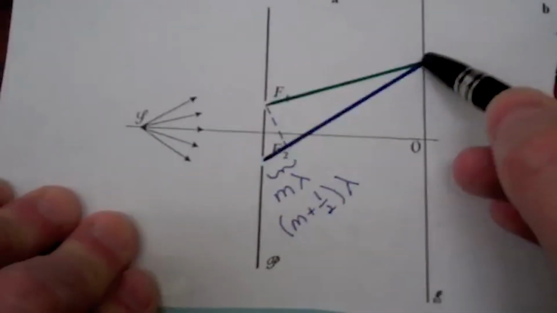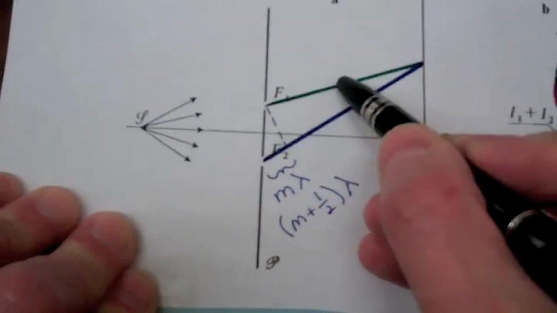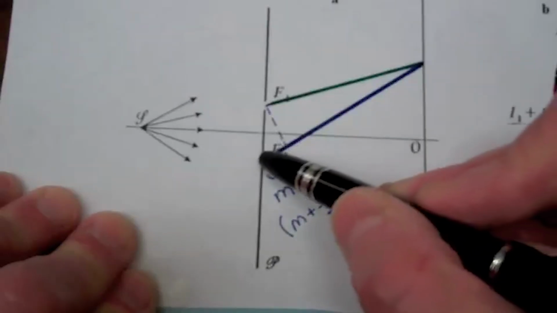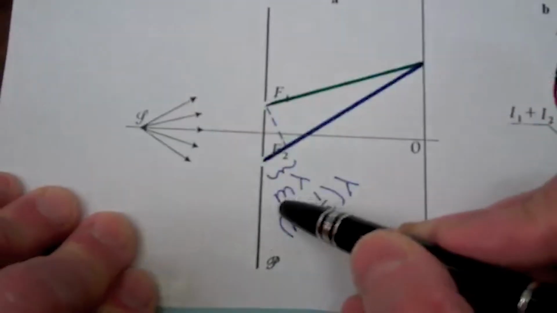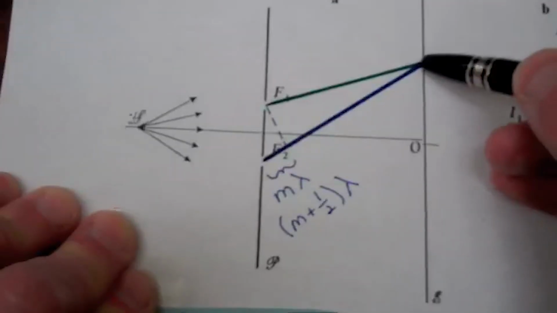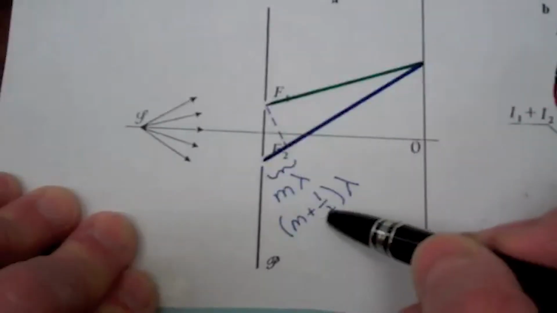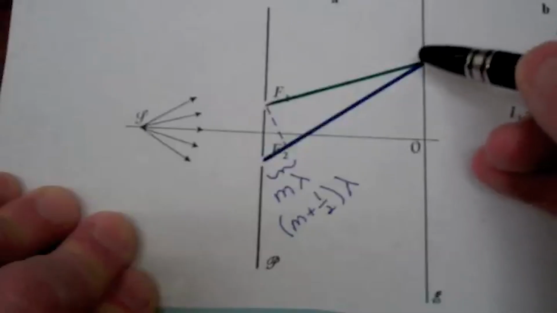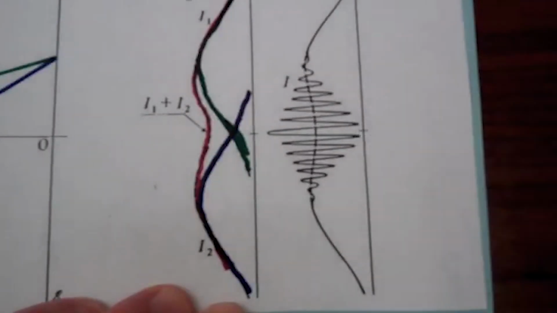Looking at a point on our photographic plate, we see that the distance the electromagnetic wave has to travel if it's coming from slit 1 is different than if it is coming from slit 2. And when this path difference is an integer number of wavelengths, we will get constructive interference and a bright spot on the photographic plate. When the difference that the light has to travel is an integer plus a half times the wavelength, we will get destructive interference and a dark spot on the plate. That's what leads to these bright and dark fringes that Young observed, and he concluded, therefore, that light was a wave.